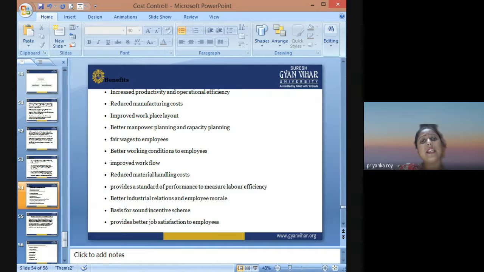The benefit is that it increases productivity and operational efficiency, reduces manufacturing cost, improves workplace layout,